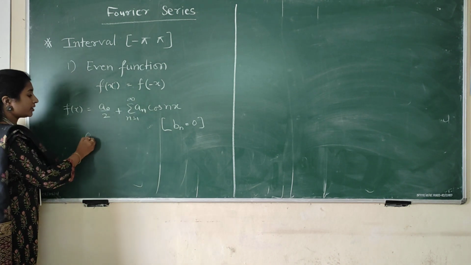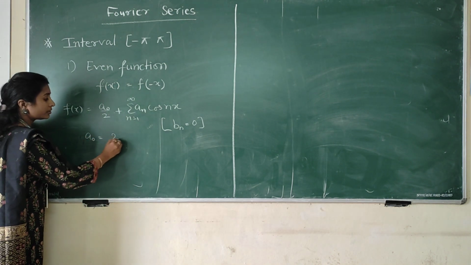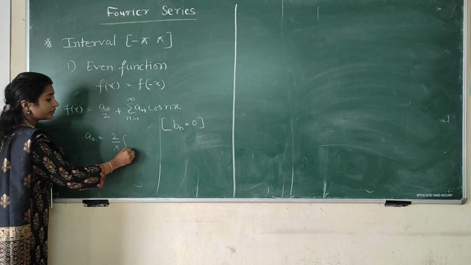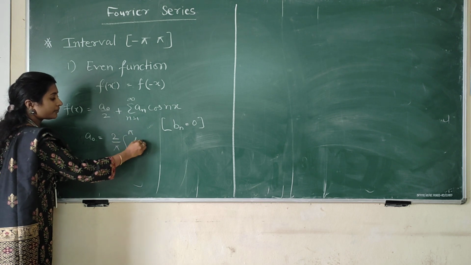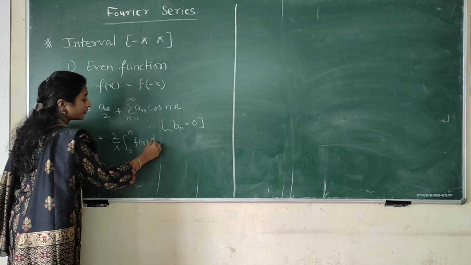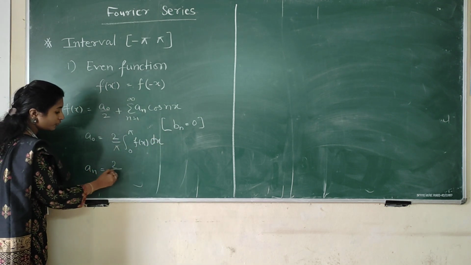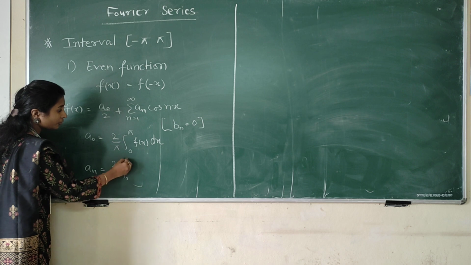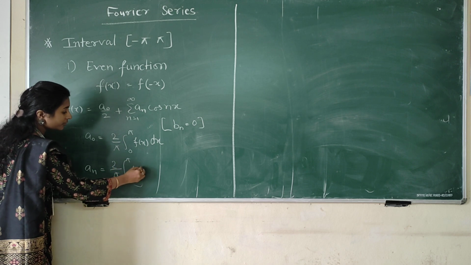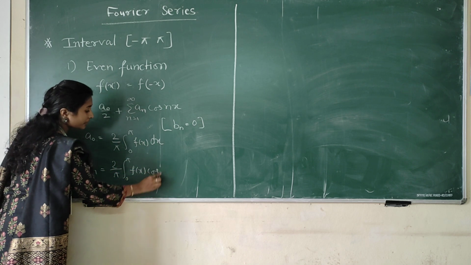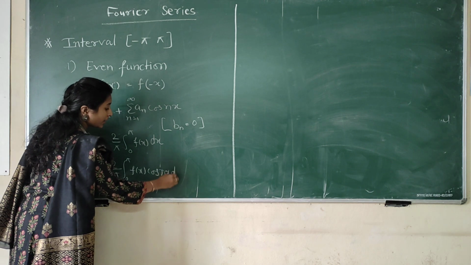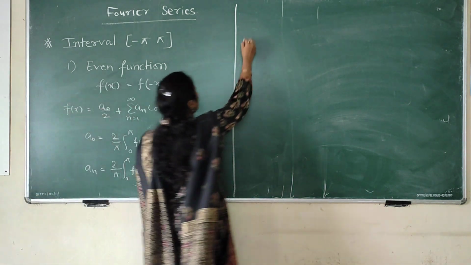Now the value of a naught is 2 upon pi, integral 0 to pi f x dx, and the value of an is 2 upon pi, integral 0 to pi f x cos nx dx. Now for the odd function,